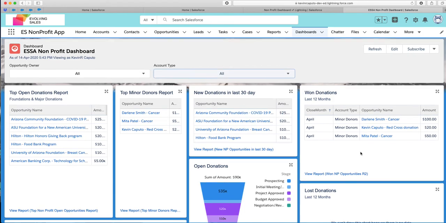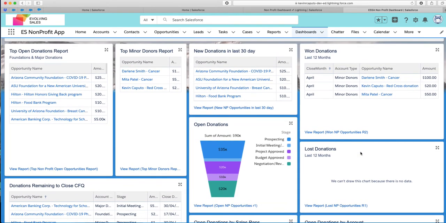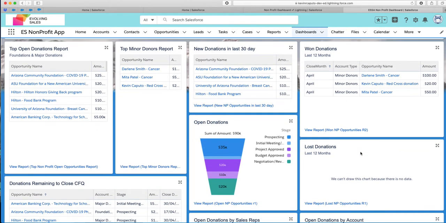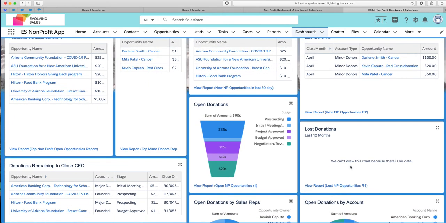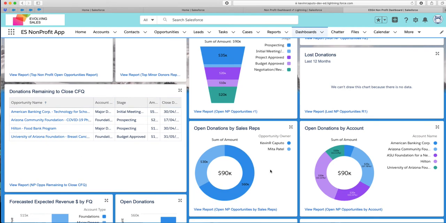I can see the ones that closed won, and I don't have any lost. I can also see in the pipeline donations remaining to close this current fiscal quarter. I can see my open donation by sales rep. I can see open donations by account,